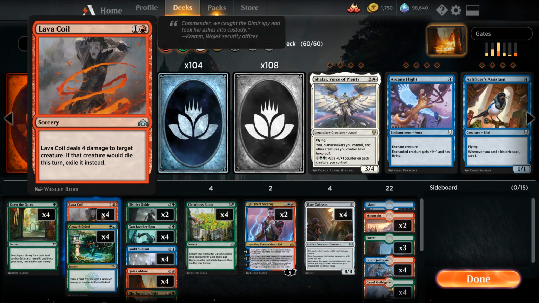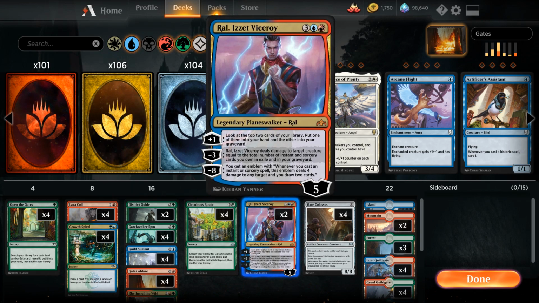And then we also have a bit more removal in the form of Ral, which can -3 to deal damage equal to the number of instants and sorceries in our graveyard and in exile to target creature. And then the +1 can also provide a bit of card advantage and card selection, and then the -8 is also game winning. So Ral, pretty flexible card, not a must-have, so if you're short on mythic wild cards, then